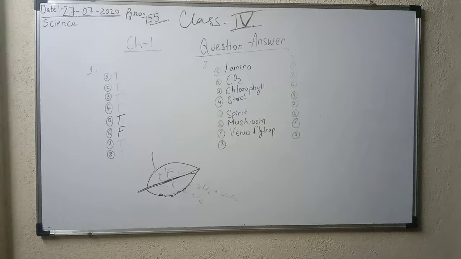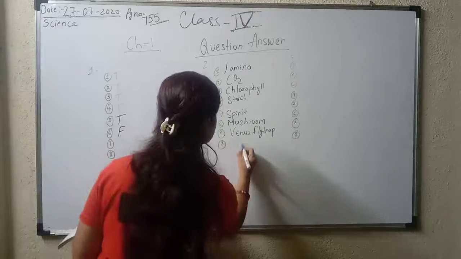Okay, now come to question number 8. The main source of energy on the earth is the sun or the plants. When we were studying the flow of energy, we found that the flow of energy started from the sun. So the sun is the main source of energy. Note down the answer to number 8, that is sun.